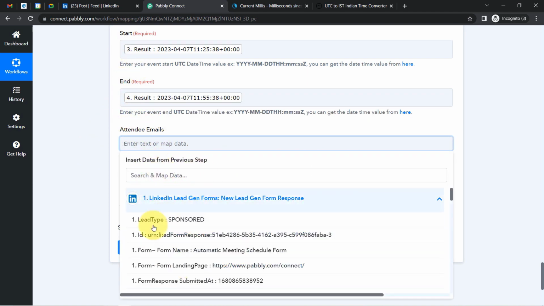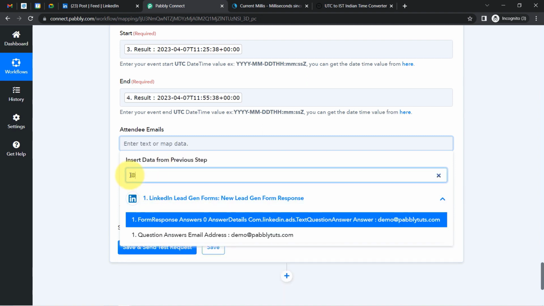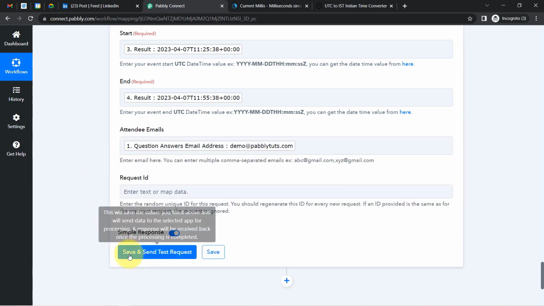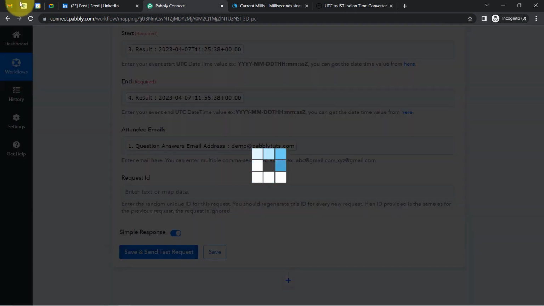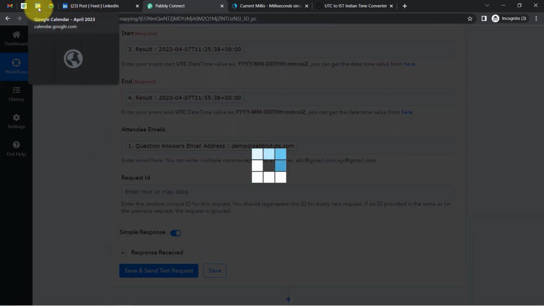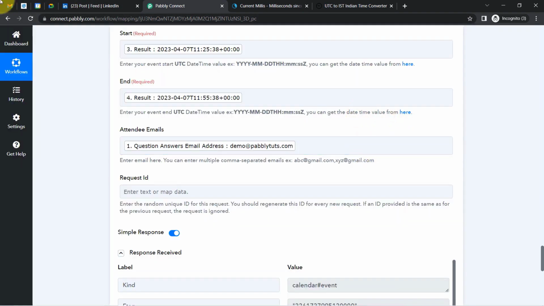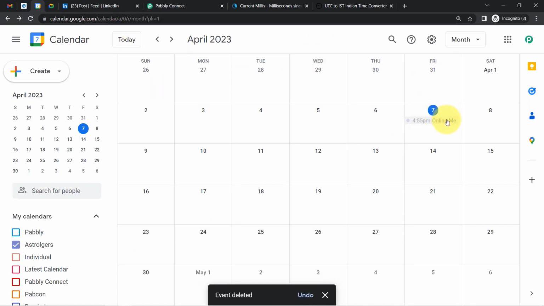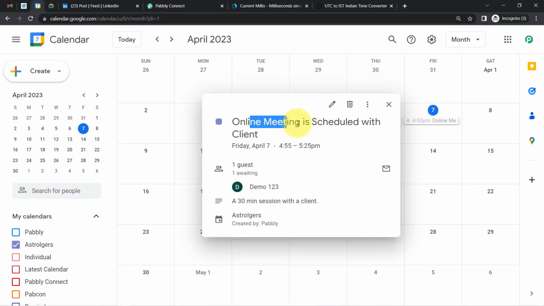Remember, in this LinkedIn lead form, I have also got the email address of the form submitter, okay? So I have mapped the email address of the person. Now I'll be clicking on this button, save and send test request, and you will see in my Google Calendar, the meeting will be scheduled automatically. All right, so this is my Google Calendar, and here you can notice if I open it, online meeting is